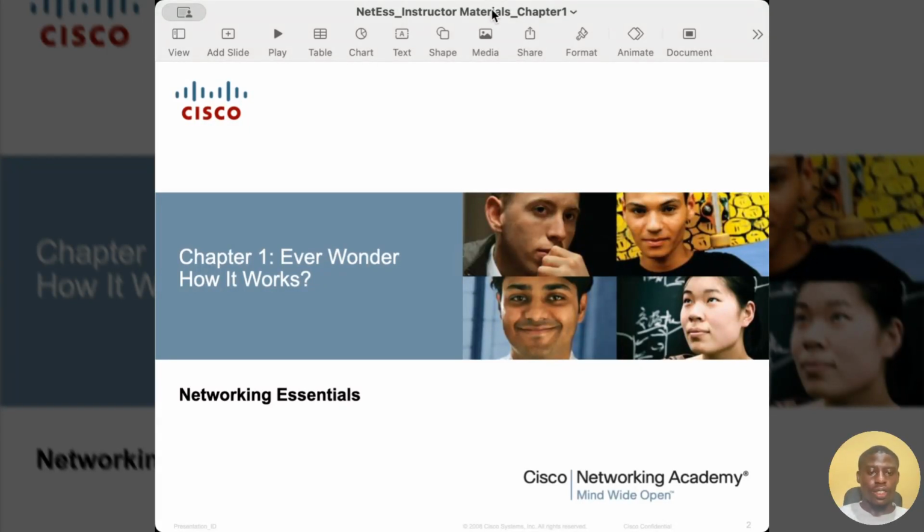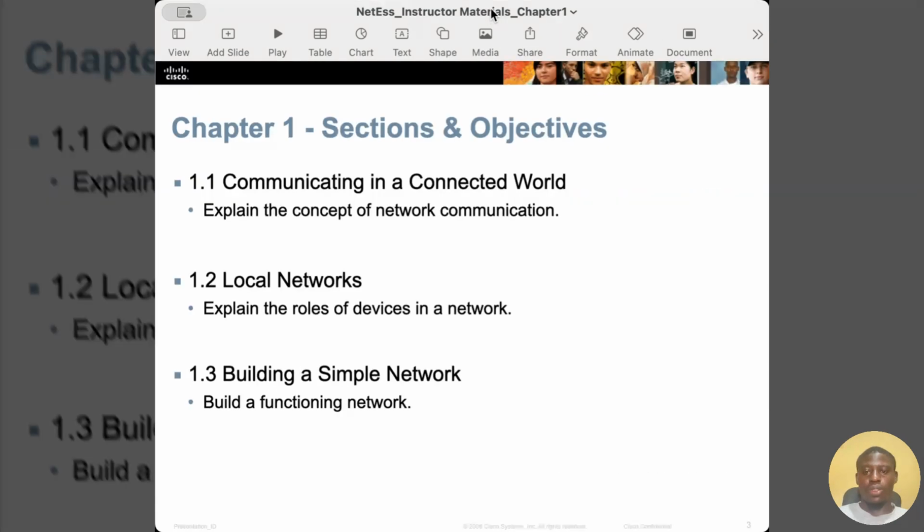Now this course is divided into about 9 modules that cover the basics of networking, from the building of a small network to IP addressing and subnetting, basics of building a home network, and basic network security concepts. So let's get started with Module 1, which covers communicating in a connected world, local networks, and how to build